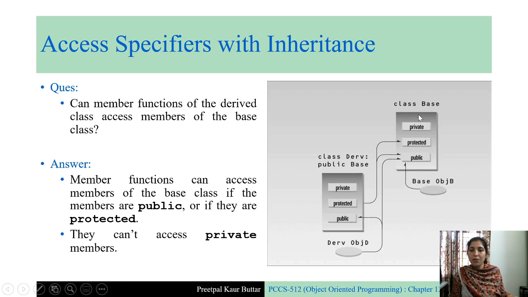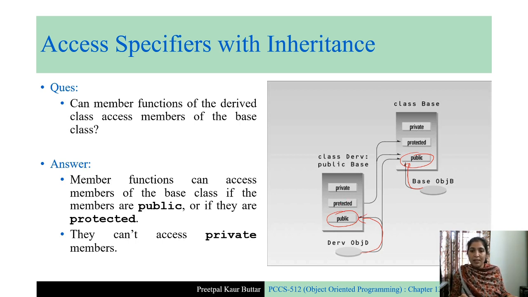We create objects of both the classes. We have created object of class base, objb. We have created object of class derived, objd. Okay, so these objects, they are outside these classes. So if anything is outside this class, that thing is able to access only the public members of that class. So objb, this is able to access only this public section. Similarly objd, it is able to access only this, that is the public section.